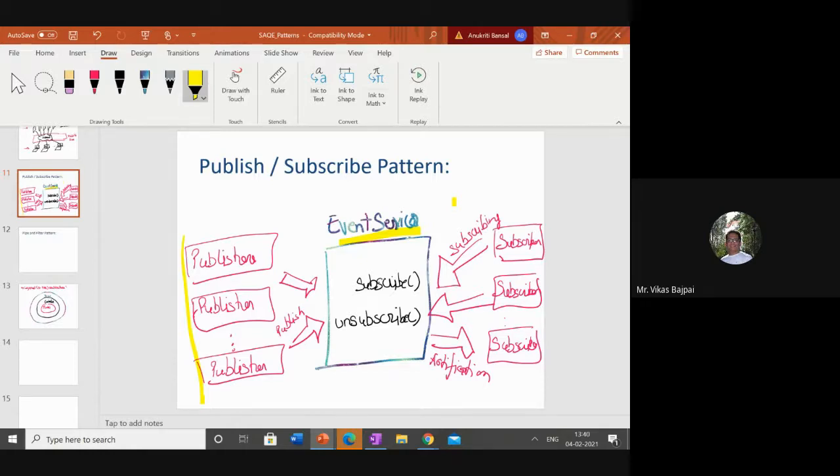Long back this was used in your Blogspot. How many of you are familiar with Blogspot? There you had the widget to add the RSS feed.